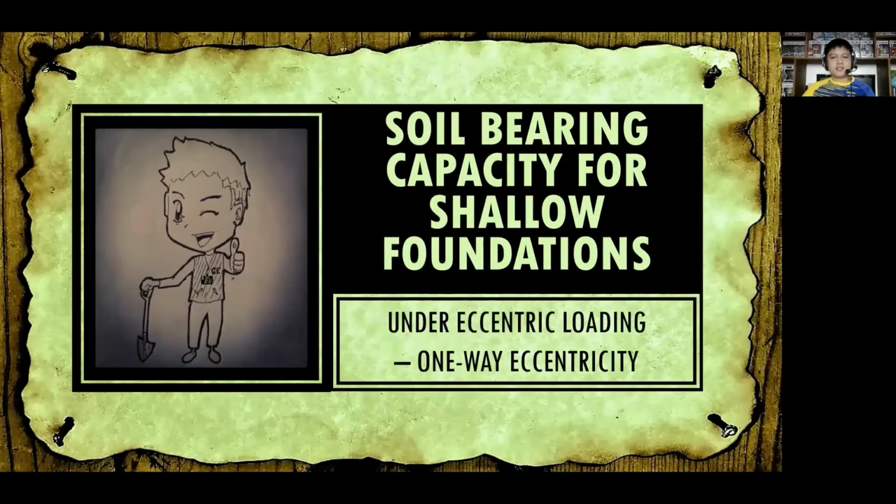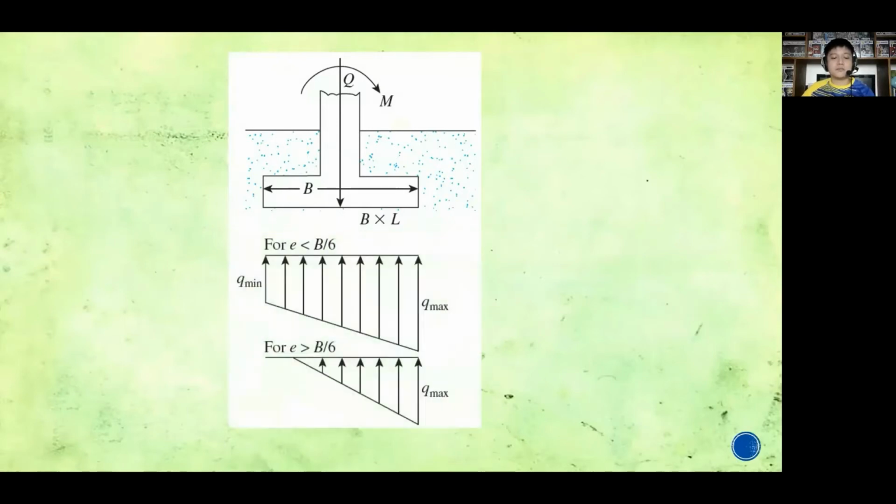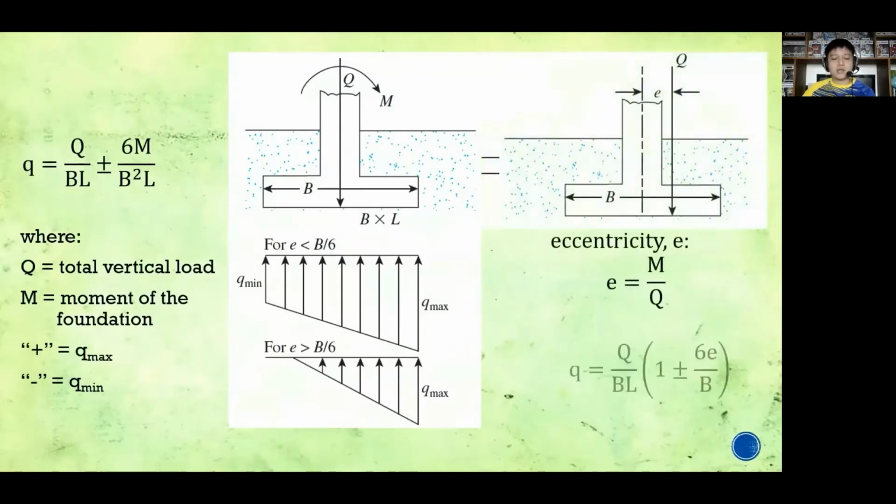Okay, the topic is the soil bearing capacity for shallow foundations under eccentric loading, one-way eccentricity. So if a footing is subjected to both moment and force, the distribution of pressure by the foundation on the soil is not uniform. Therefore, the relationship of moment and force can be translated as the transfer of the total load